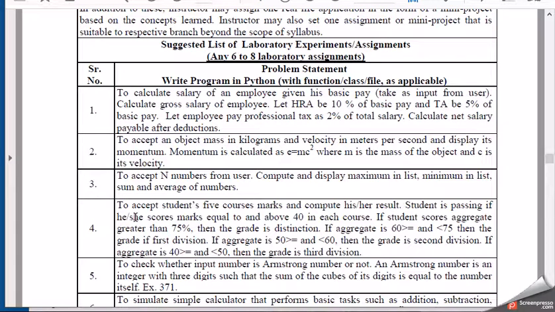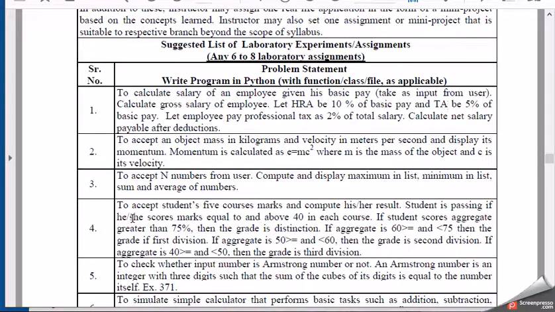Okay, so as part of this, we have targeted the second program here, and it's to calculate the salary of an employee given his basic pay, taken as input from users, so that this part will provide as an input for this program from our end. Then we need to calculate the gross salary. In gross salary we need to make sure that 10% you will get as part of HRA in your basic salary, and 5% will be the TA component of your basic salary.